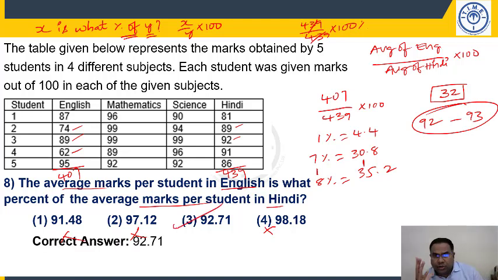You got the point? 439 by 439 will be 100%. If it is 439 in the numerator, definitely I would have got 100%. But it is not 439, it is 407. So how much less? 32. So instead of finding out 407 is how much percentage, I am saying it is 32 less than 100%. So 32 is how much? 1% of the denominator is 4.39. Approximately I am saying it as 4.4. For 1% you have to put a point after 2 digits.